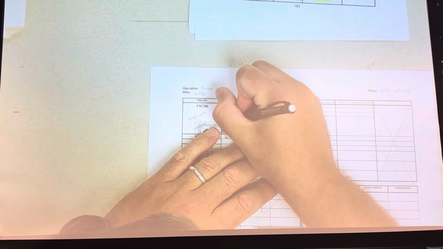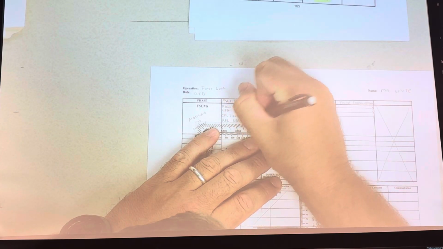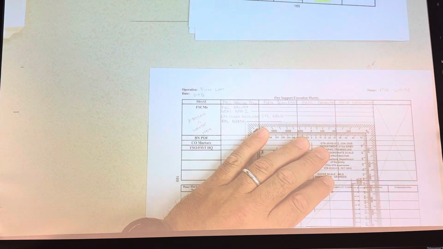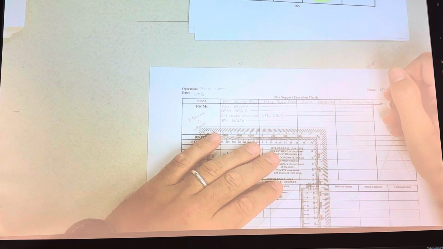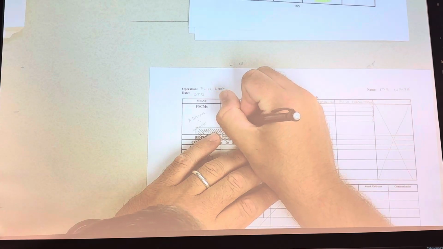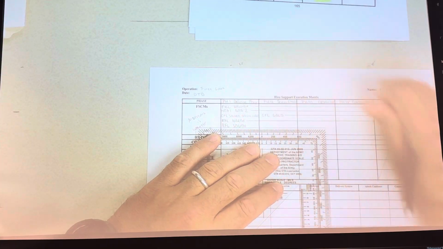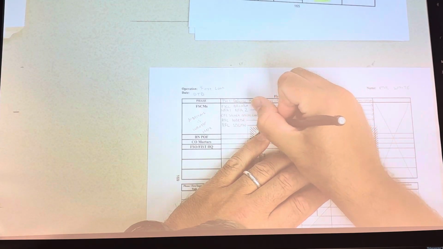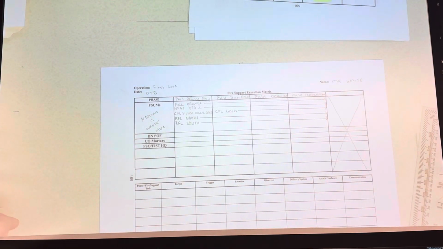So I have RFL north. That is going to be active for the entirety of this operation. RFL south. That again is for the entirety of the operation. And at this point, that will then conclude our battalion